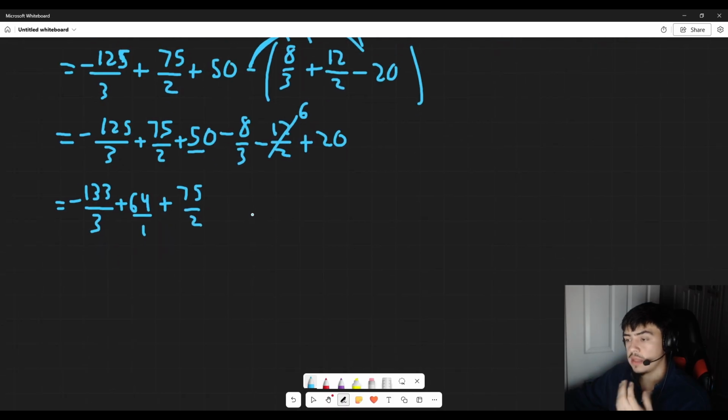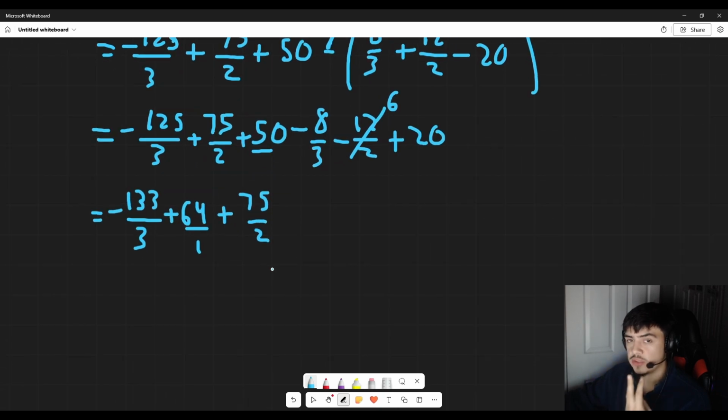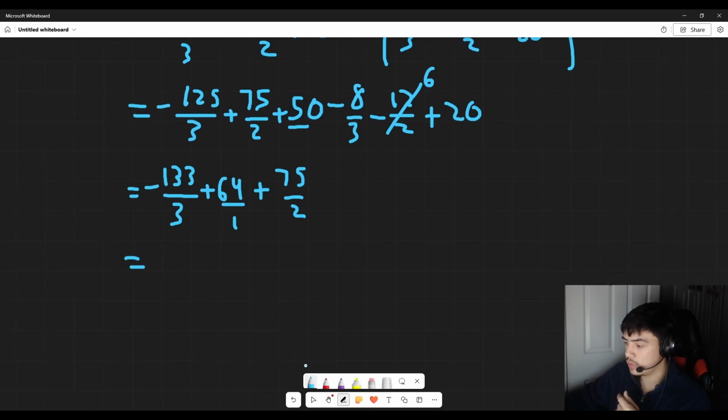64/1. Now, to add these all together, we need a common denominator. The common denominator between these three functions is going to be 6. So to get 6, we need to multiply this by 2/2. This one is multiplied by 6 over 6, and multiply this one by 3 over 3, which results in